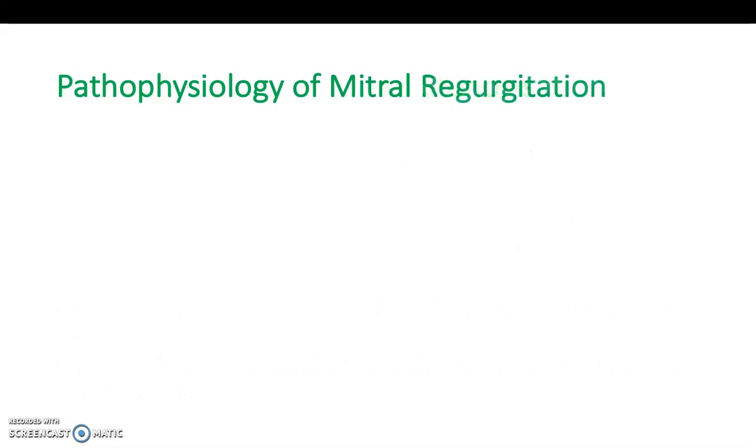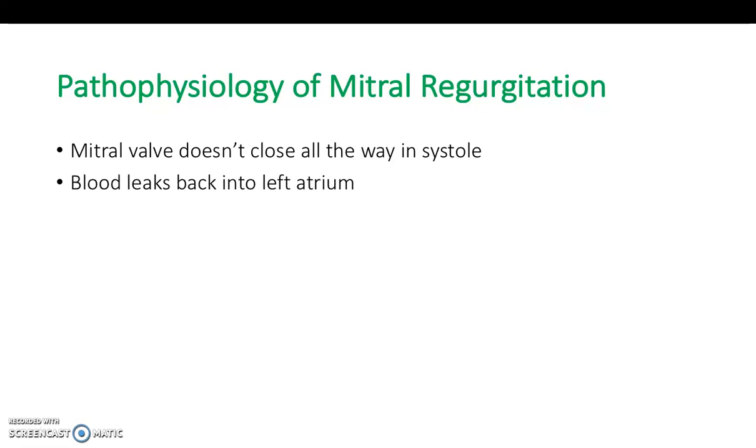So regurgitation. This is when the mitral valve doesn't close all the way in systole, and blood leaks back into the left atrium. The leading cause of mitral valve regurgitation, and the most common of all the valvular conditions, is mitral valve prolapse. When the left ventricle contracts during systole, a very high pressure is generated in order to pump blood out of the aortic valve, but that also means there's a lot of pressure pushing against this closed